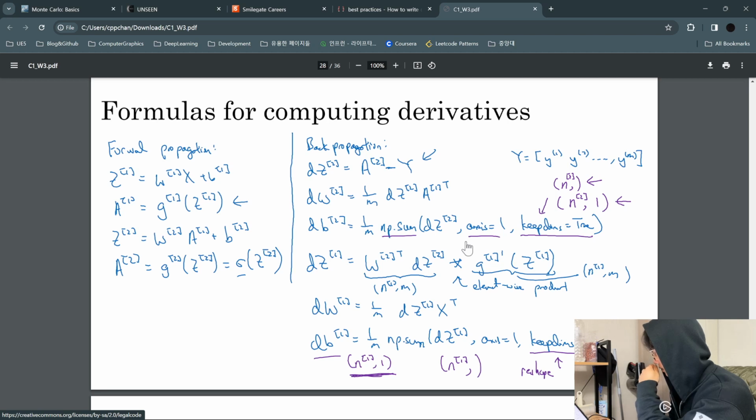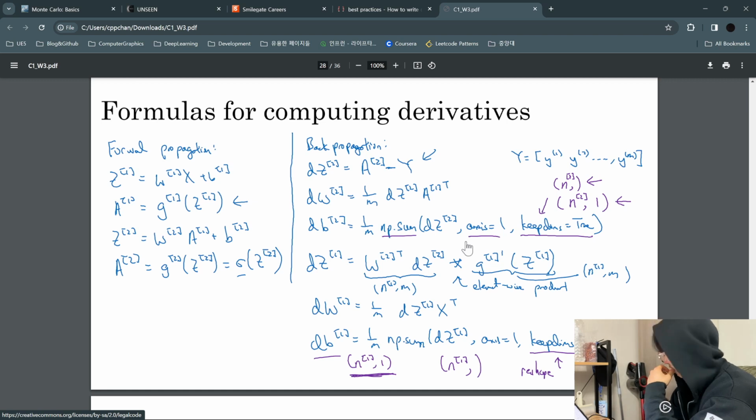So this here is going to be an n1 by m matrix, and this element-wise derivative thing is also going to be an n1 by m matrix, and so this times there is an element-wise product of two matrices. Then finally, dW1 is equal to that, and db1 is equal to this,